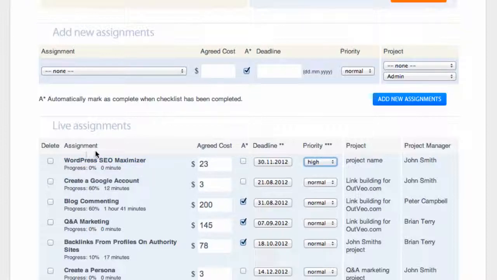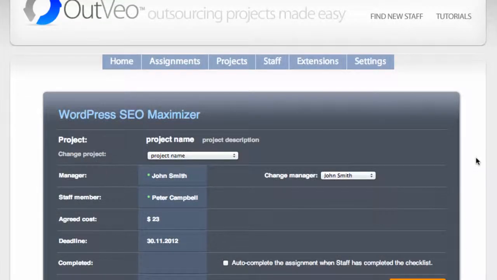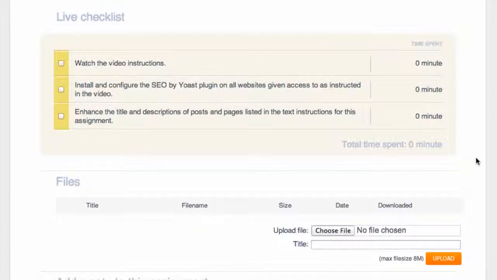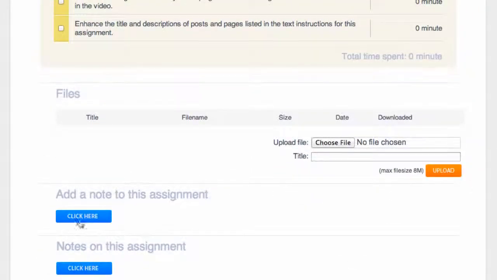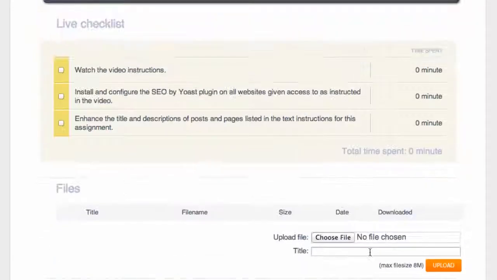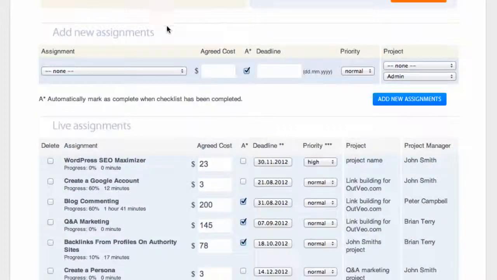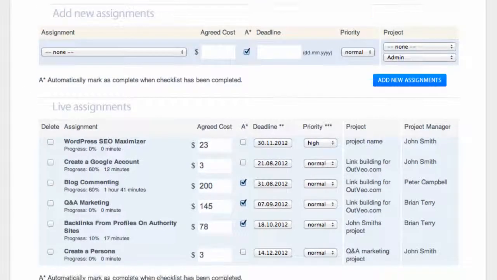So we have the assignment here. If I click on the assignment name, that is then going to take me to the assignment page, so we can see all the details of everything going on there. We can add notes, we can download files, and we can actually monitor their progress and see exactly how much time has been spent so far in each step within an assignment. Okay, so let's go back a little further here, and we scroll down,